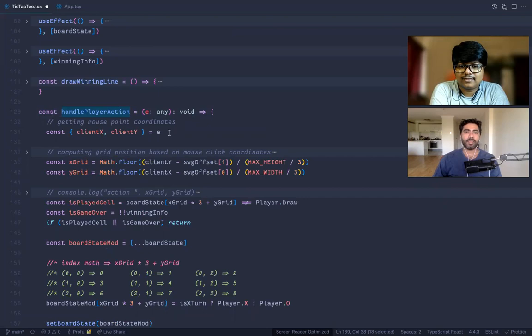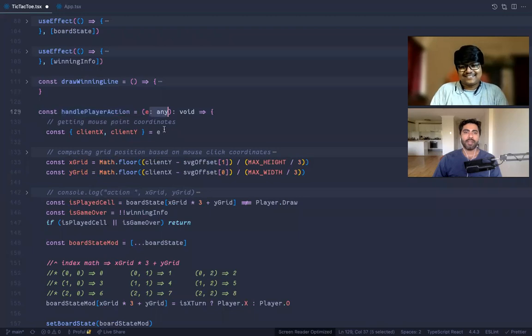There are a couple of things here we are doing. I'm not very happy with this; there is scope for improvement. I'm using the any type here, which is not recommended as a best practice in terms of TypeScript. Somehow we have not made it work to give this SVG element in a TypeScript-happy manner. But anyway,